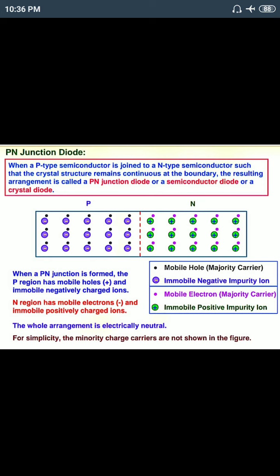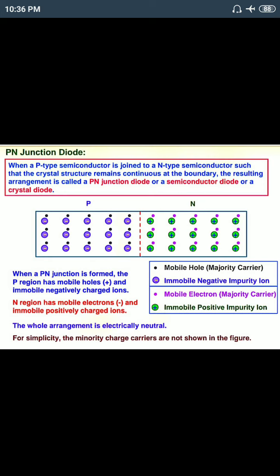Similarly, the n side electrons are diffused, that pink dot, the first of three pink dots, from n to p side. So which charges are left near the junction? The positive immobile charges are left near the junction. Like this way, next row, the next three electrons are recombined with the electrons from p to n side, n to p side.